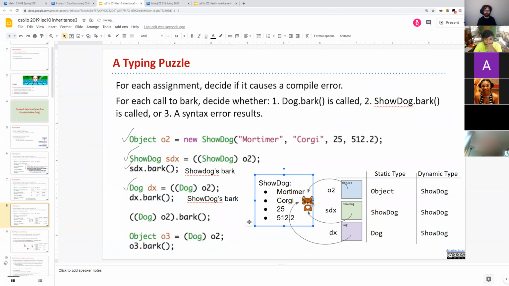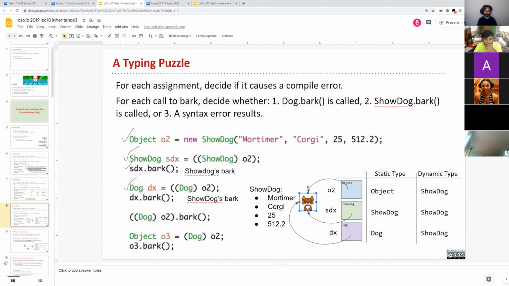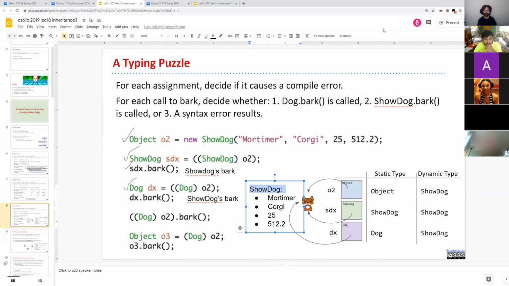Okay. So all the attributes of the object are shown here. He is a show dog named Mortimer, who's a corgi, has these two numerical attributes. And so this dynamic type is just like what Mortimer is, right? So I can't change this. Like this object is a show dog. That's my answer to you, Noah. Does that make sense, Noah? So in other words, the dynamic type is the type of the object. It's not some special property of the variable. It's the type of the thing. Yeah, that makes sense. Thank you. Yeah, cool. Very subtle point, but a really important point. Any other questions about this?